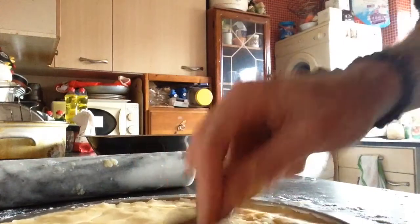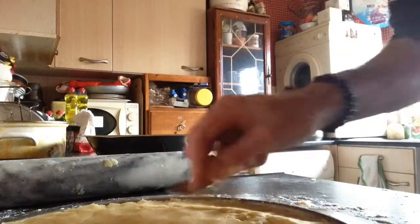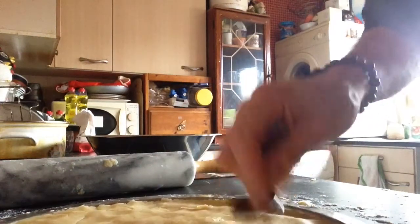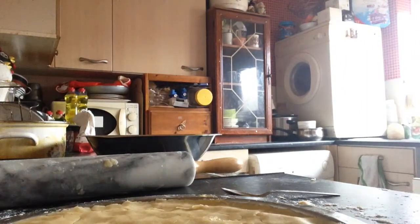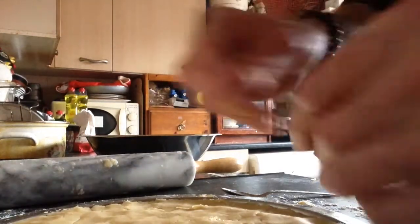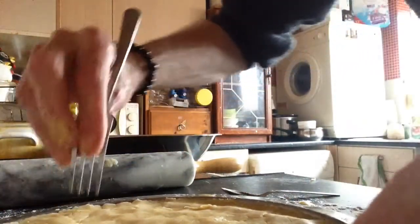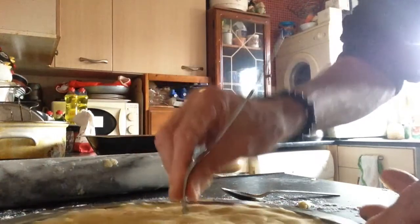It only takes a minute, not hard, and then to make sure it cooks on the inside, I need a fork. Yeah, so anyway, going back to what I was saying before, 325 in an electric oven,